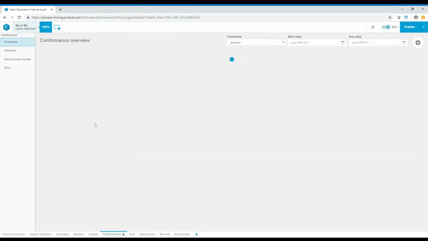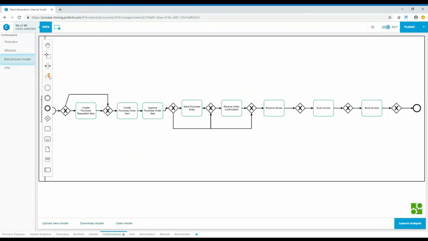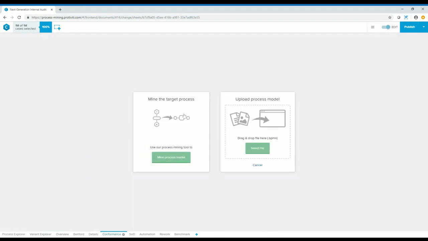You can also create your own with a very easy, sort of Visio style drag and drop capability with some logic here. This is a sequencing logic. You can also upload a process model using a BPMN format, or you can mine the data.